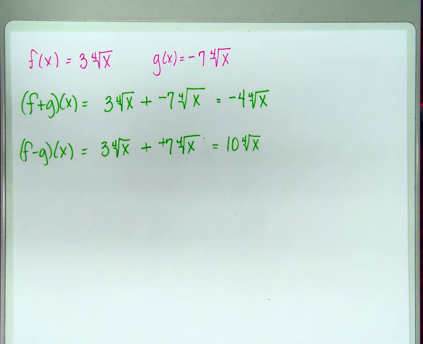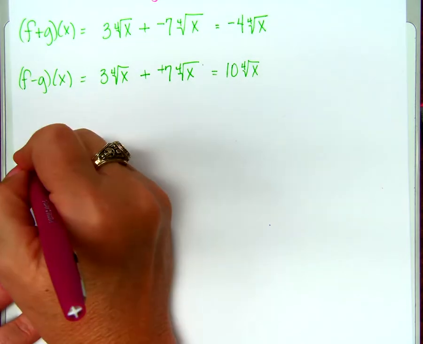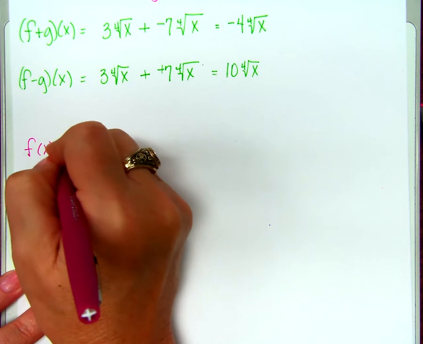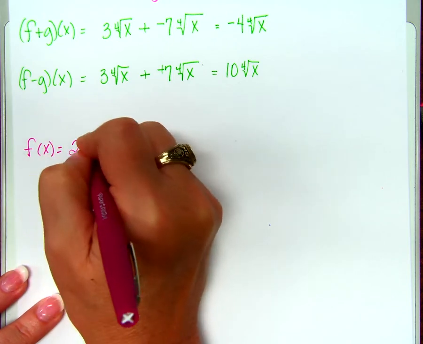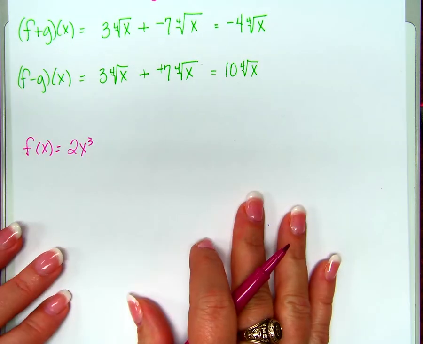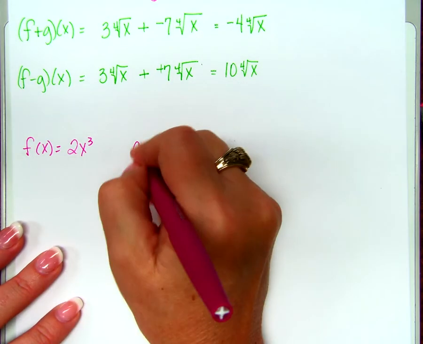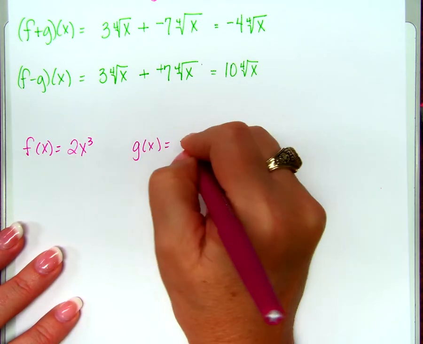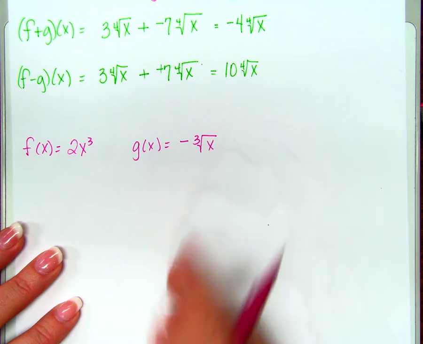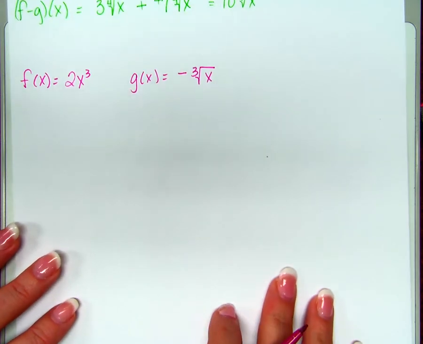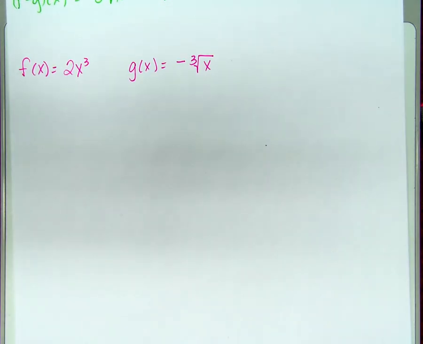Okay. What if I give you a different value of f and g? Are you okay with that? If you're not, just get over it. We'll be fine. Here's the value for f I want to use this time. And here's the value of g I want to use this time. What I'd like you to be able to do,